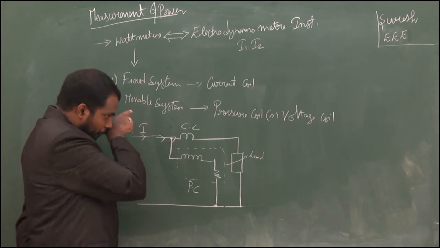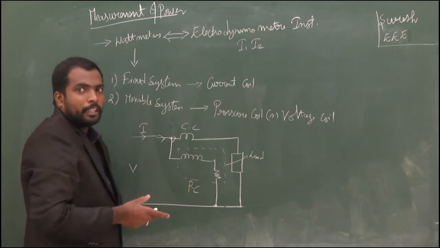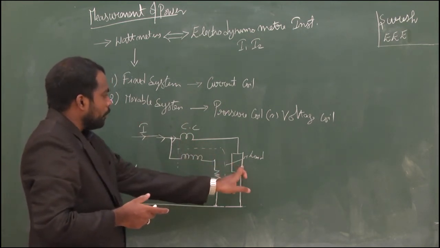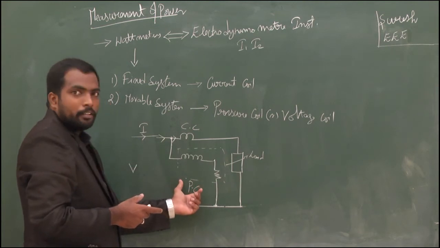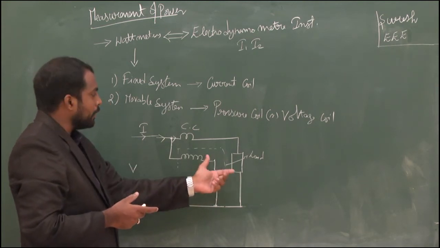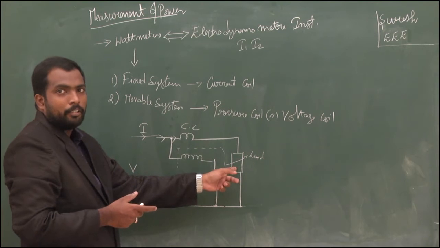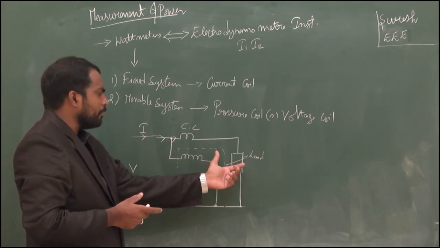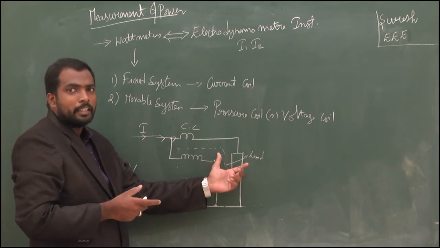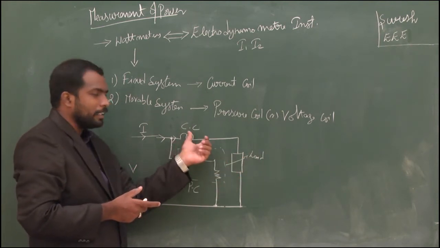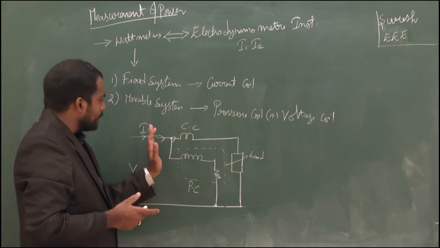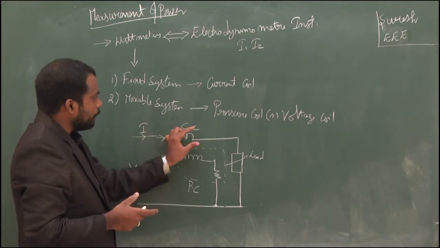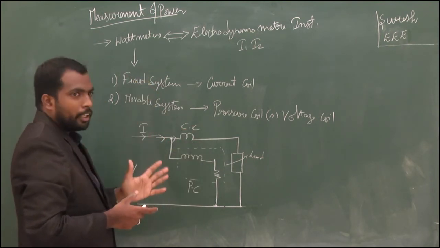So in the measurement of power, we require the total current through the load and the total voltage across the load, so that we can measure the power with the help of the formula W equals V into I in the case of DC measurements. In the case of AC measurements, we also consider the phase angle difference between voltage and current. This is the simple schematic diagram of measurement of power with the help of a wattmeter.